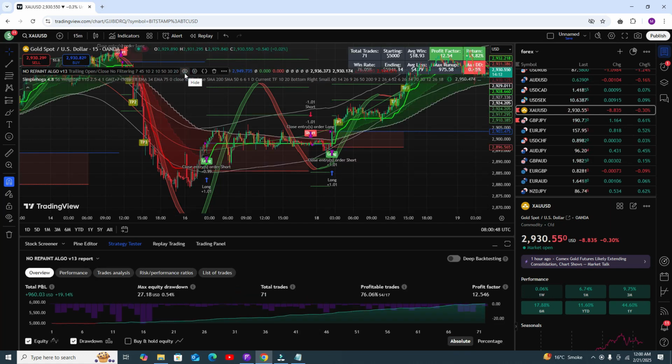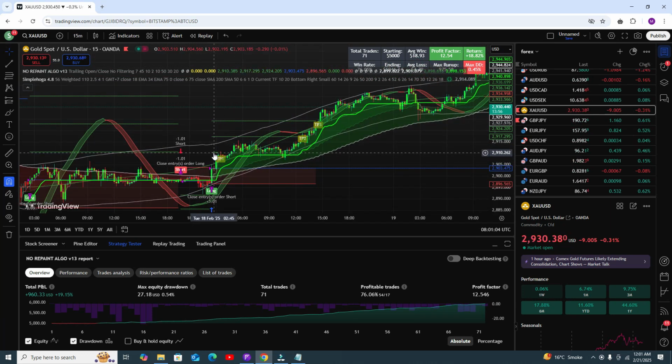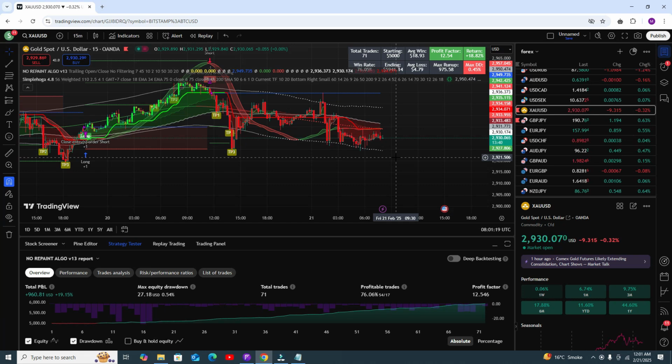Even a complete beginner who does not know anything about trading can easily use this indicator, because this indicator will give you the auto stop loss. This red line is your stop loss, this blue line is your entry, and the first take profit is here. You can see the second take profit, and this is your third take profit. Here you can see take profit is done. Okay, that is a very simple strategy, not a difficult one. Even a complete beginner, I told you earlier, who does not know anything, can use it easily.